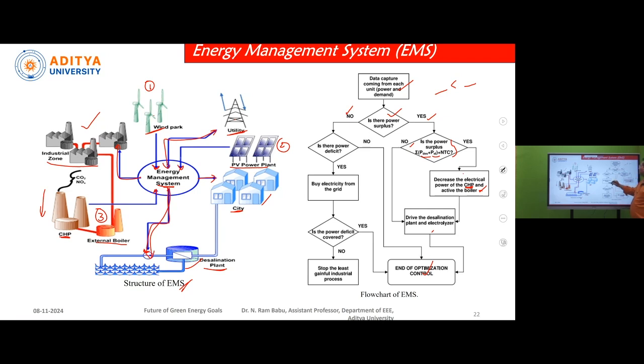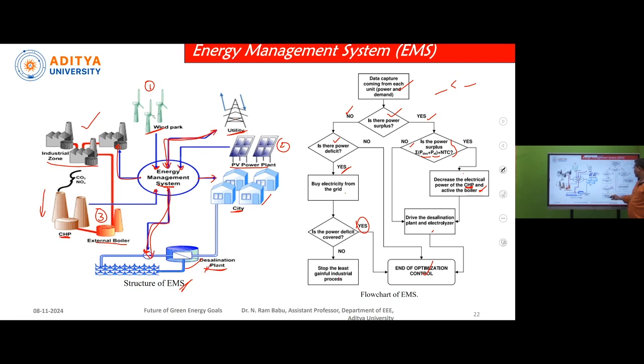Now let us go for the no path. In no, if there is a power deficit, that means if more amount of energy is required, then you can buy the energy from the grid. Did you get it? So here, if a surplus amount of power is there, it's okay. If power is not there, then there will be a power deficit. So in a power deficit, you are buying the energy from the grid. So this is the grid, and you are buying the energy from the grid. Okay, and after that, even after buying energy, if there is still a power deficit, we are giving this energy to the desalination plant because it works with less power.